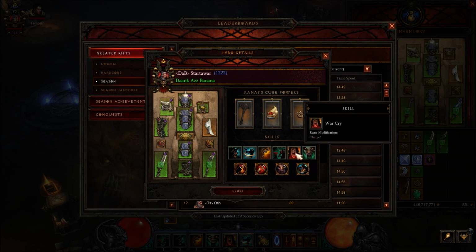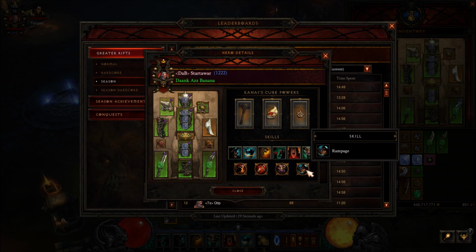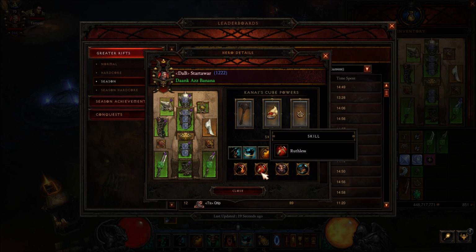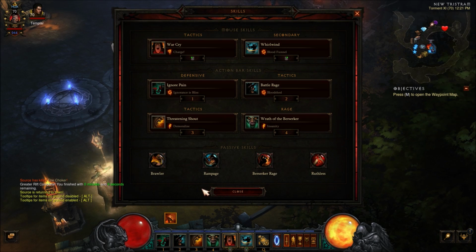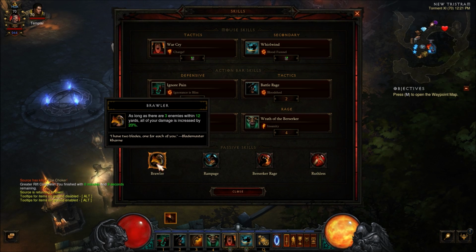Ignorance is Bliss, and one difference is he's using Charge on Warcry, which generates more Fury. It generates 20 instead of 50. So he's using Insanity Rune here. He's using Rampage, Bullcathos, Ruthless, and Berserker Rage. And we are going to do the exact same build, except we're going to incorporate Brawler, because a lot of other builds